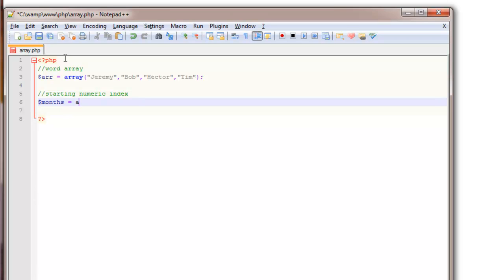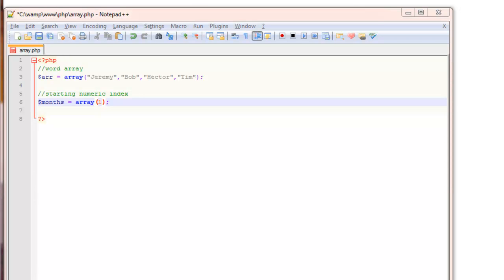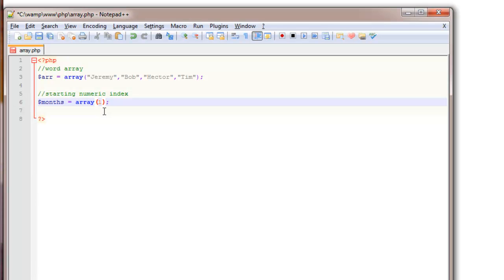Again, we use our keyword array. To start this, our first key will be 1. And we'll use the equal sign and the greater than symbol. This will assign it to the first month we're going to use, which would be January. We'll just abbreviate it to be somewhat faster. And we'll say Feb, and March, and